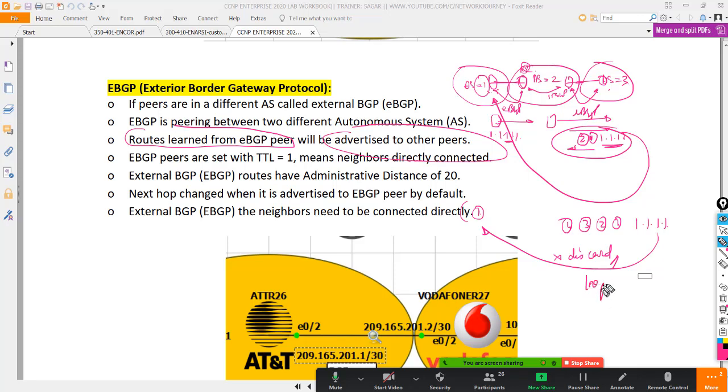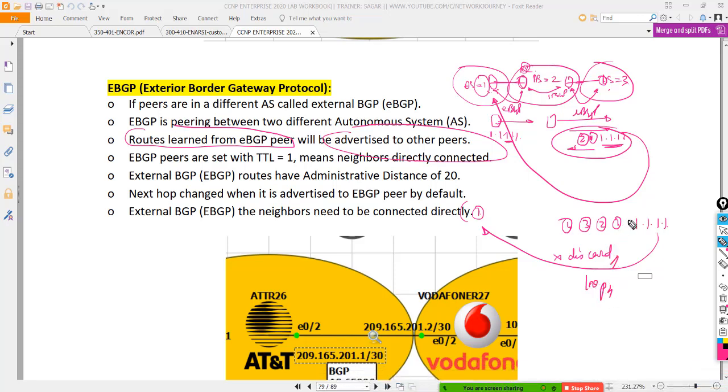So that's the loop avoidance mechanism. In the case of eBGP, I can easily send my prefix from one AS to another AS, and that's what I mentioned as advertised to other peers.